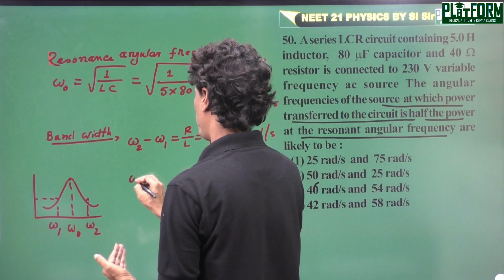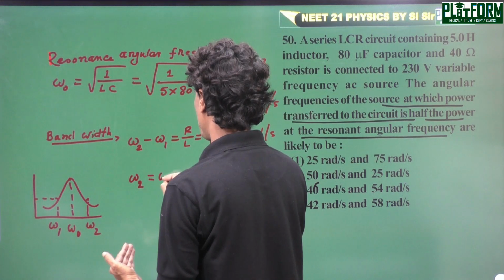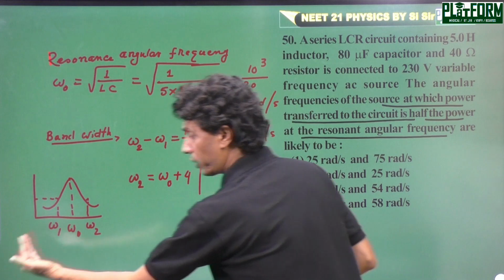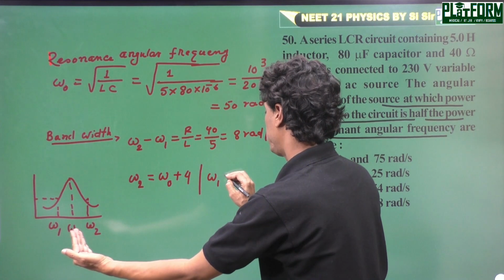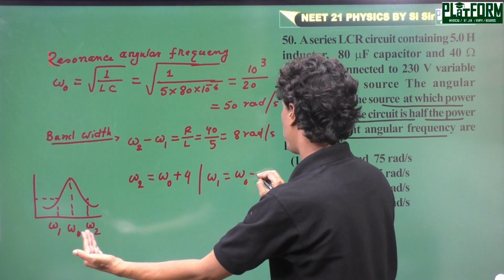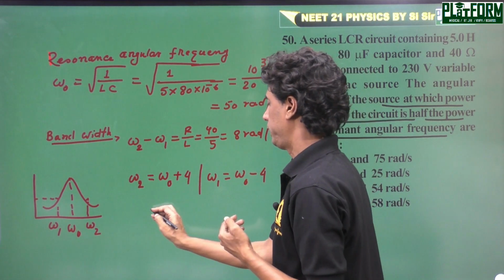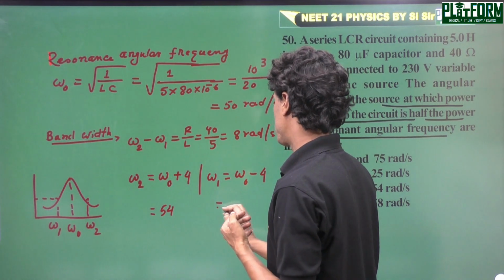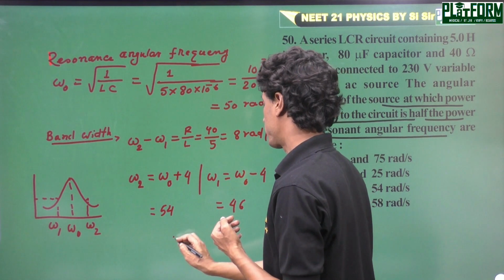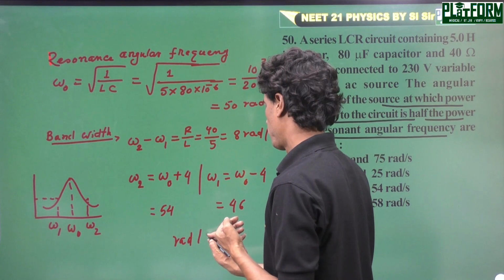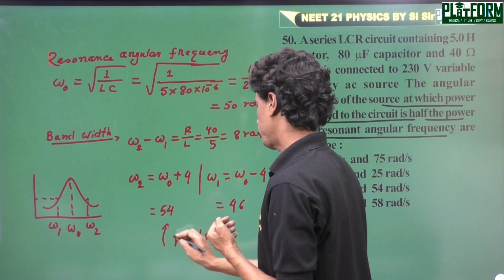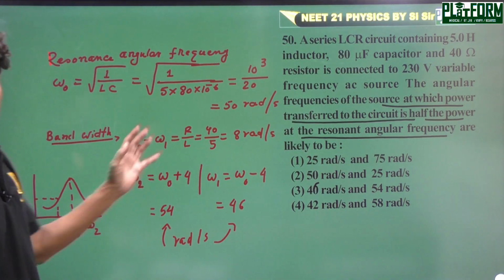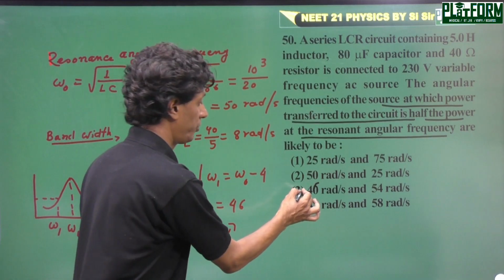So omega 2 equals resonant frequency plus 4, and similarly on the other side omega 1 equals omega naught minus 4, and it is 54 rad per second and 46 rad per second. Okay, so the correct option here is 3,